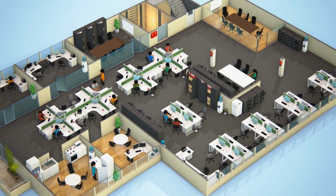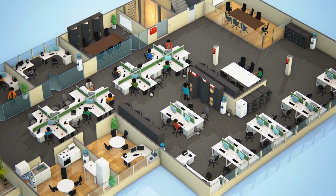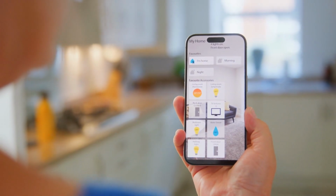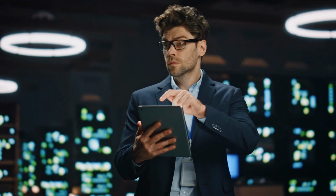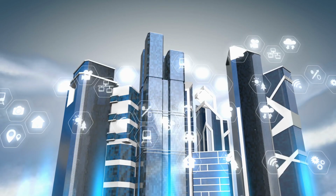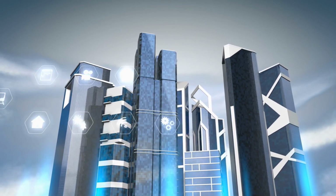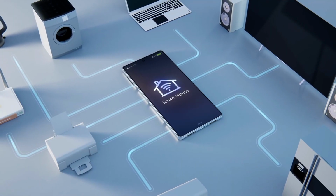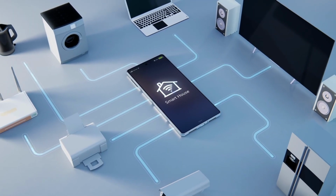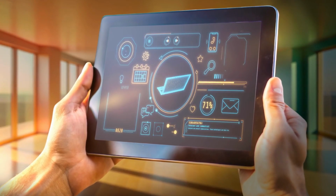Imagine a building that automatically adjusts its settings based on who's inside, or alerts you to potential maintenance issues before they become serious problems. As IoT technology continues to evolve, smart buildings will become increasingly common, offering a glimpse into the future of construction. These smart systems also contribute to significant cost savings by reducing energy consumption and extending the